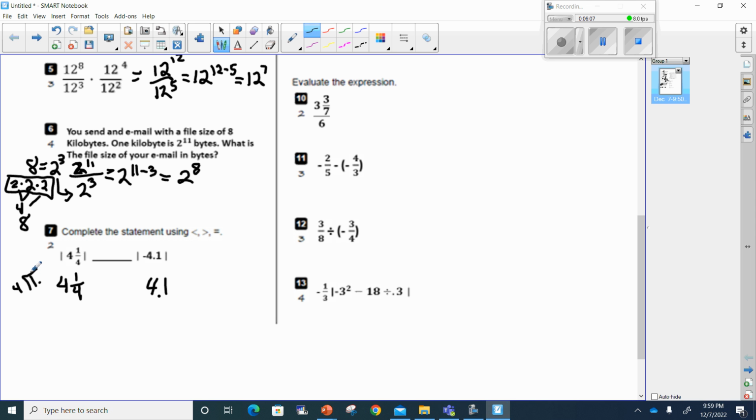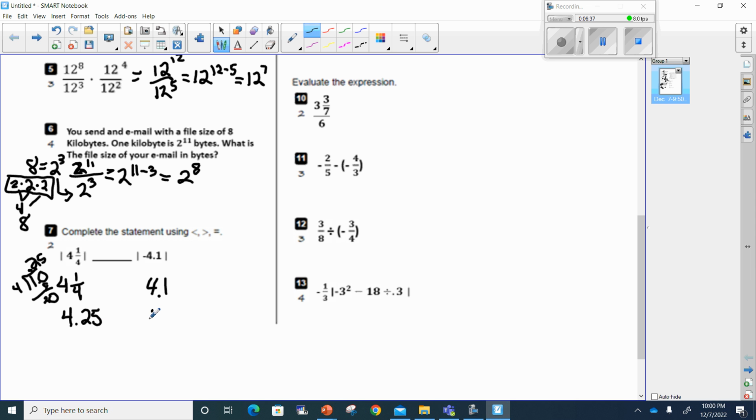I bring my decimal point here, add a 0, and 4 goes into 10, 2 times. That's an 8, and I'm going to get a remainder of 2. And then 4 goes into 20 5 times. So that means this is 0.25. So this is going to be 4.25. You see, we took the fraction, we divided it out, and replaced the fraction with the decimal part, or